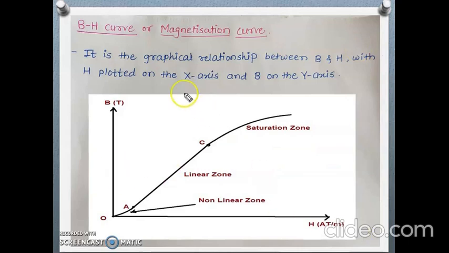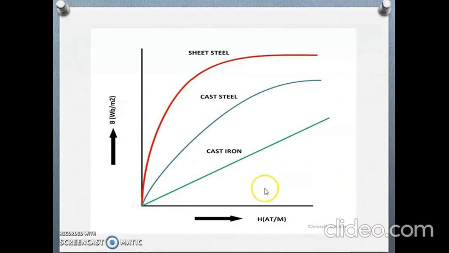This BH curve, which is also called the magnetization curve, is plotted only for the positive direction of current. That means the current is increasing from 0 to a certain limit, and it is not changed to the opposite direction. If we increase the current in one direction and plot this curve without changing the direction of current, then what will happen if we change the direction of current? That we will see here.